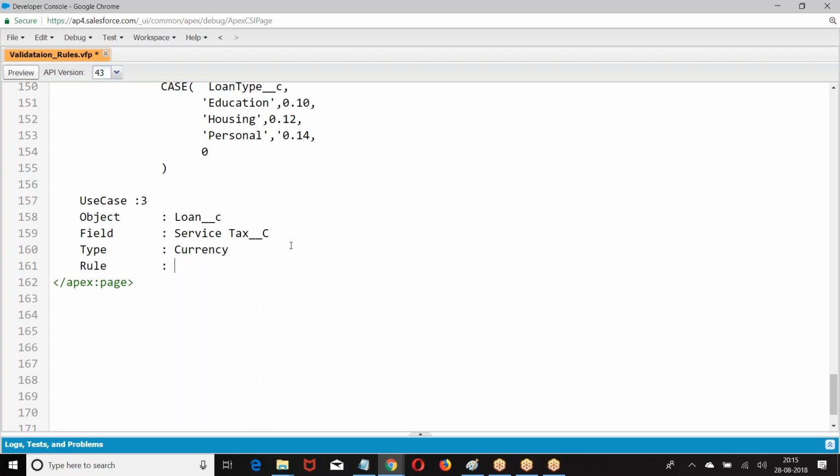Now the rule: if applied date is before 23rd of August 2018, then service tax is 5% of applied amount.